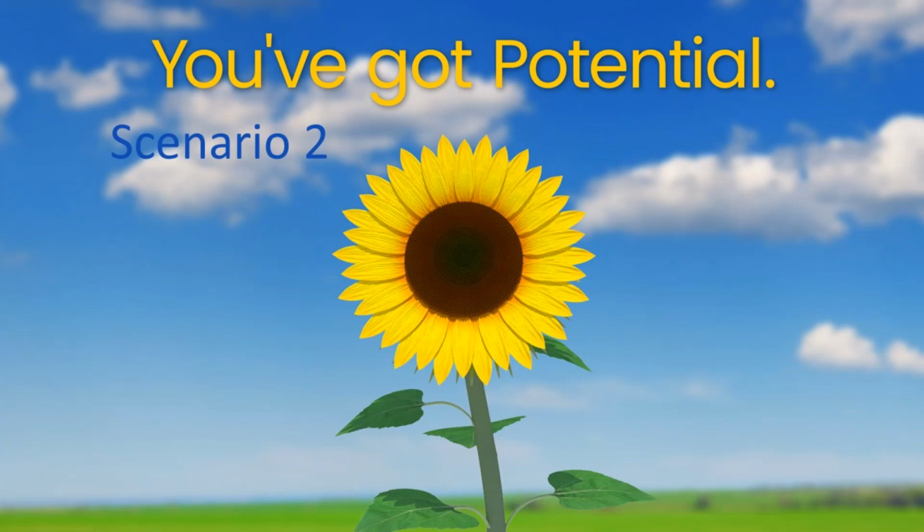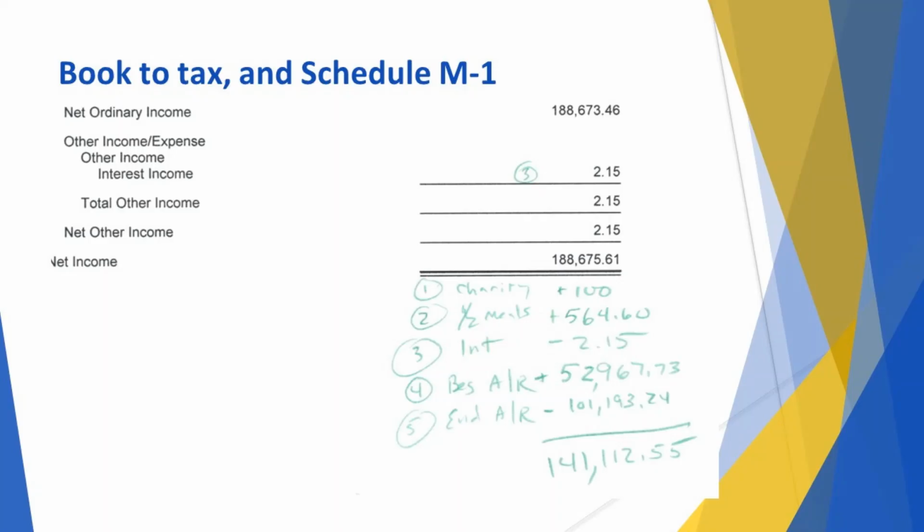Let's take a look at Scenario 2. This one starts off with the same three adjustments from charity, half of meals, and interest income. This taxpayer maintains accounts receivable on their books, presents financial statements that include accounts receivable, but reports taxable income on a cash basis. Each year, we need to make 2 additional adjustments to his work papers and to his tax